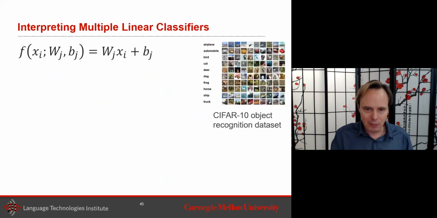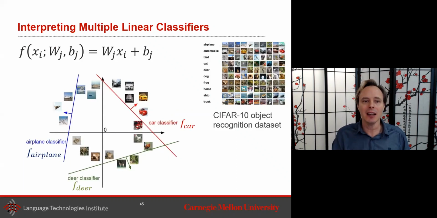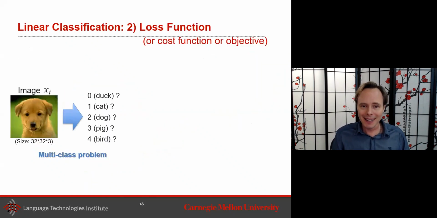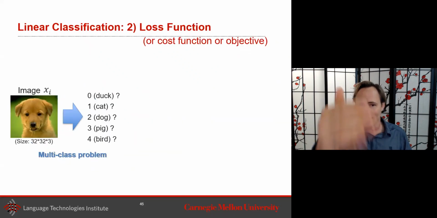So if you have many classes, then you have many of these linear classifiers. In this case, what I show here is 3 neurons, 3 linear with linear activation. This is what you see here. But how do you get to optimization? If you want to optimize this, you have, let's say, 10 of these